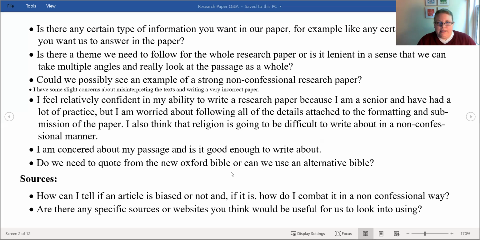This is not always the case, but you often find that kind of language in biased articles. Also consider, is the approach that the author's taking simply historical fact-based, or are they making some kind of claims about religious beliefs or how somebody should interpret the text? If you're using a biased article, which I would recommend staying away from as much as possible,